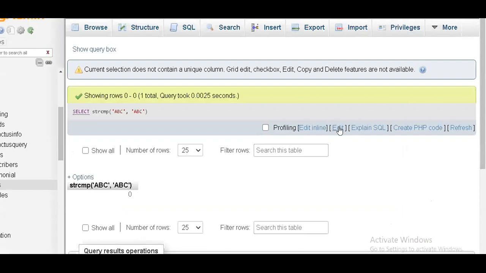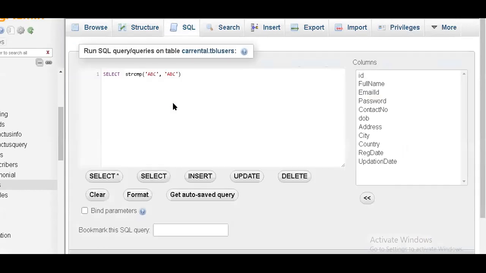Any extra spaces or something, if you have them.